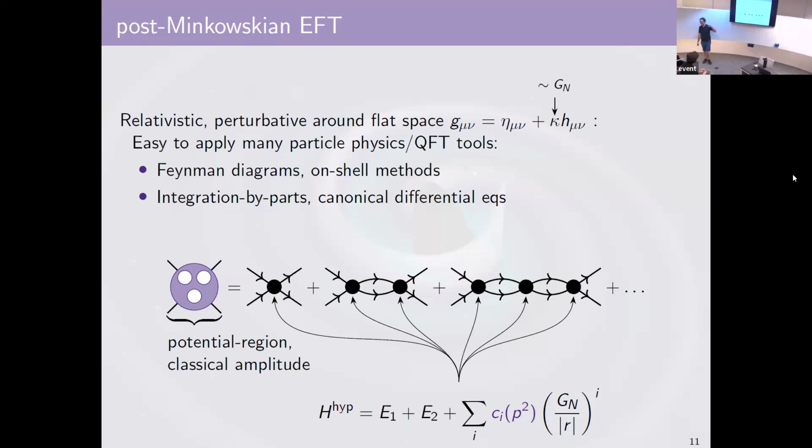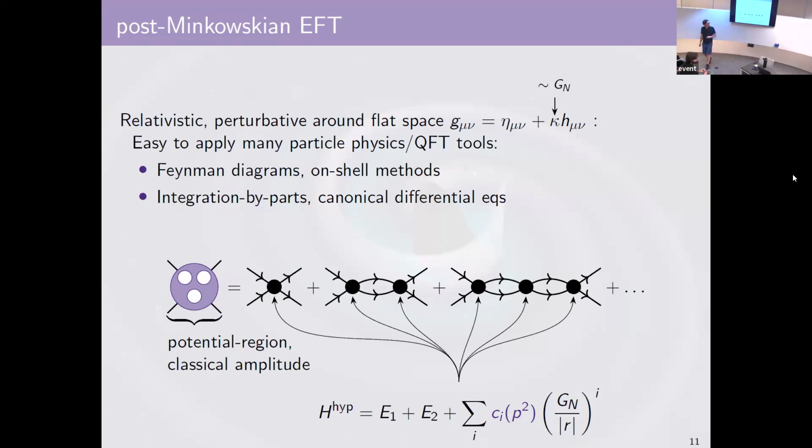We're still perturbing on top of flat space. So this is where we really get to leverage a lot of the tools that are coming out of QFT. So you can do Feynman diagrams. If you don't want to do Feynman diagrams, you can do some of the more advanced stuff, which is using on-shell methods. You get into the weeds very fast with integration and Feynman integral problems. And up until very recently, you did not want to do Feynman integrals numerically as much as possible. This is starting to change. There have been some very powerful advancements recently. But regardless, there are a bunch of analytic techniques for handling even horrendous multi-loop, like 3-4 loop, Feynman integral computations.